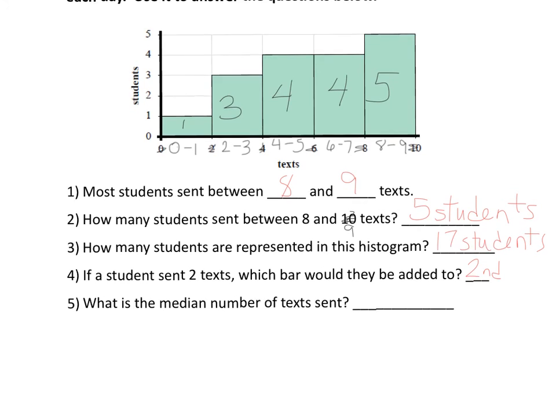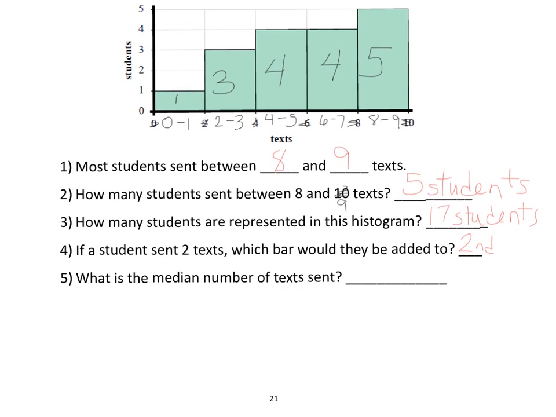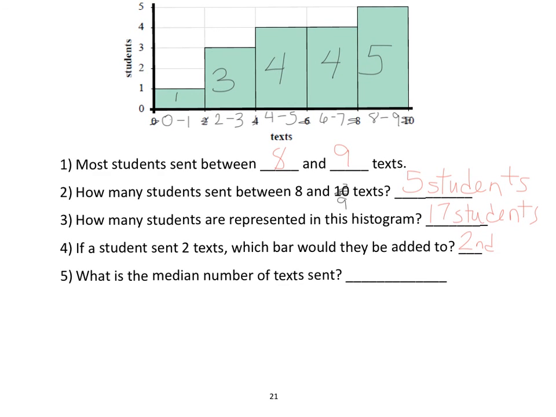Now, the last question is probably the hardest for students to answer, because when you're asked to find the median number, you want to be able to locate a specific number. However, in this case, we are talking about an interval, so a range of numbers. We can still find the median, but the way that we order the numbers is going to look a little bit differently. So when we write them out, we notice that we have 0 to 1 is 1 time,